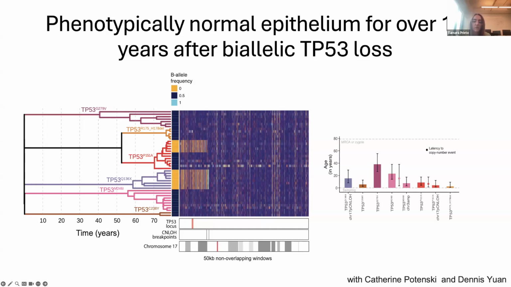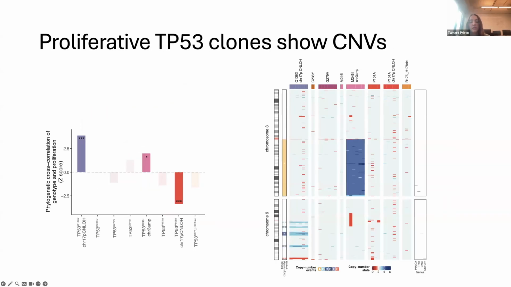These mutations arose after adulthood, with most of them emerging within the last decade. So we then wondered, if some cells express only aberrant TP53, the best known tumor suppressor, do these cells proliferate uncontrollably as tumor cells do? And when we calculated phylogenetic correlations of proliferation states based on the matched RNA profiles, only 2 of these TP53 clones with biallelic loss, the most pathogenic, which truncates the protein, seem to be positively correlated, indicating a growth advantage. But in contrast, the other clone in red seemed to even become senescent.